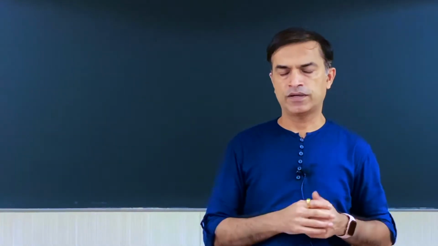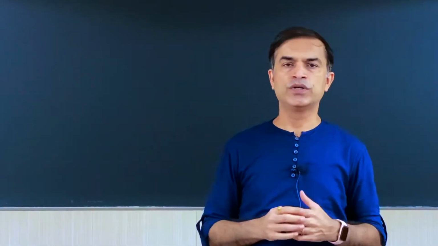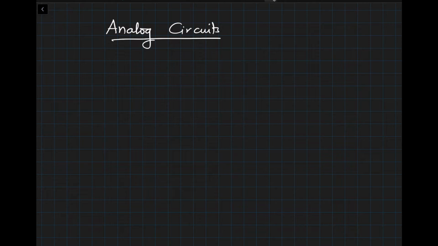Now in this lecture, I'm going to teach you how to step by step figure out which mode of operation the bipolar junction transistor is in, and then which model we should use for analyzing this circuit. We will do it for NPN devices in this lecture, and in my notes I'm going to provide you with the PNP analysis. So please do that analysis by yourself so that you're comfortable. So we'll start with the DC analysis for bipolar junction transistor.